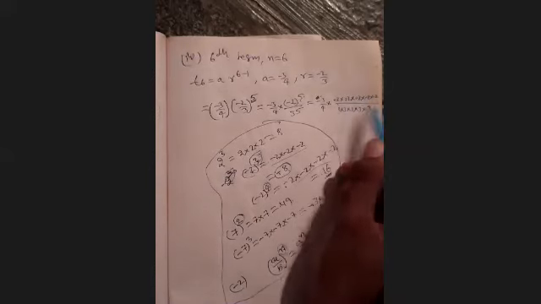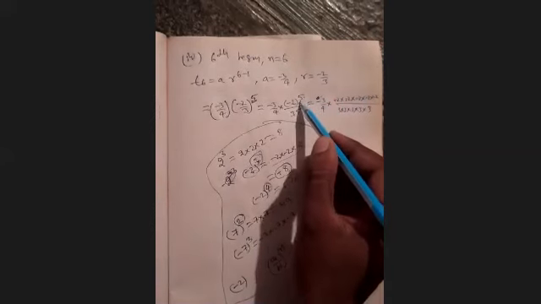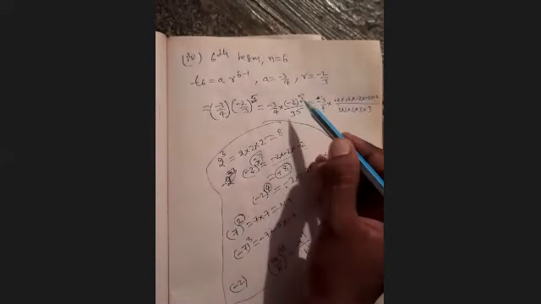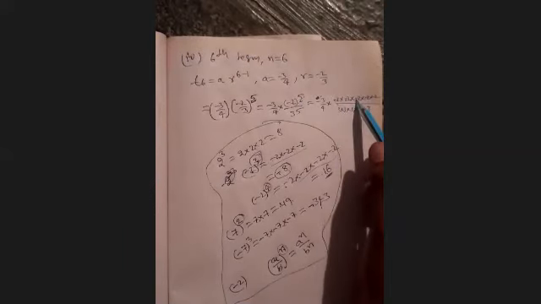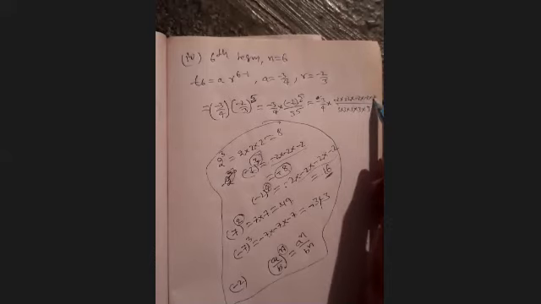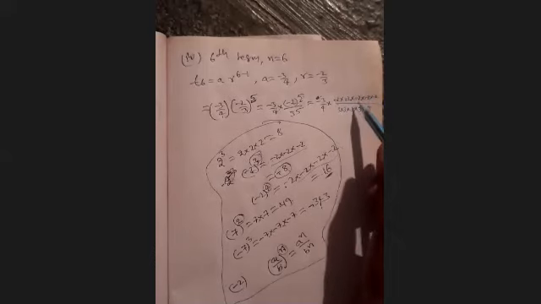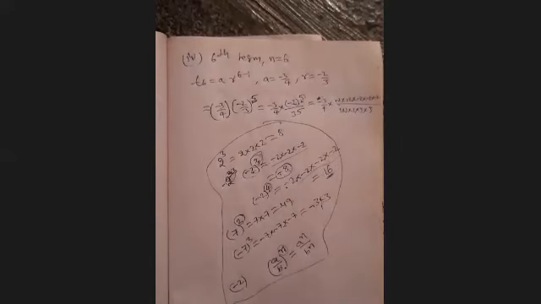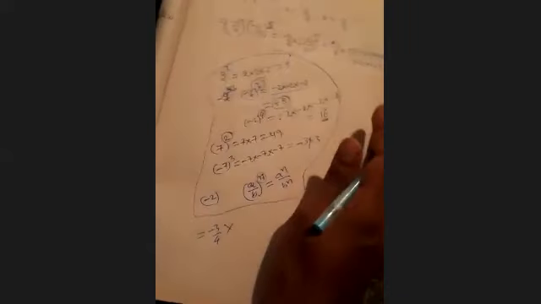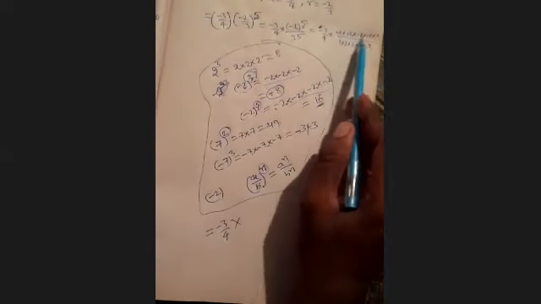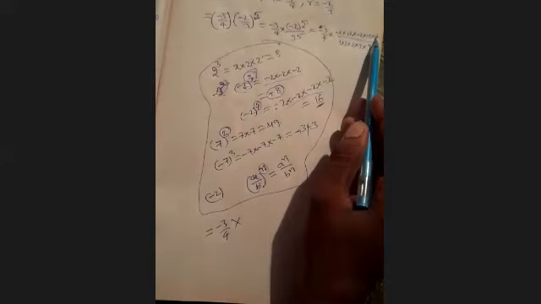So you no need to do like this. Just see power is what? Odd, you will get minus. Power is what? Even, you will get plus. But you have to multiply all values. 2 into 2 is 4, 4 into 2 is 8, 8 into 2 is 16, 16 into 2 is 32. The value is 32, but negative or positive depends on the power. What is the power? 5. So negative. And here also, I'm writing, see, complete solution: minus 3 by 4 as it is, into the value of this, which is 32, but minus 32. Why?